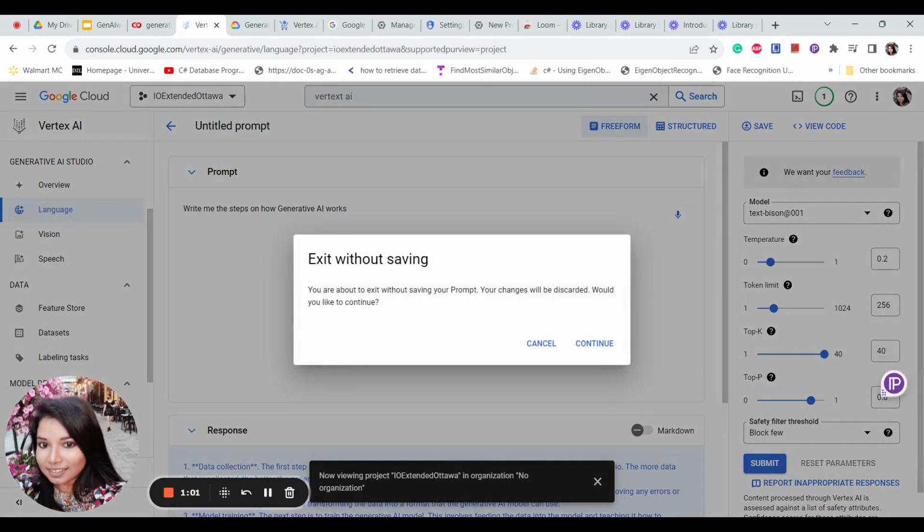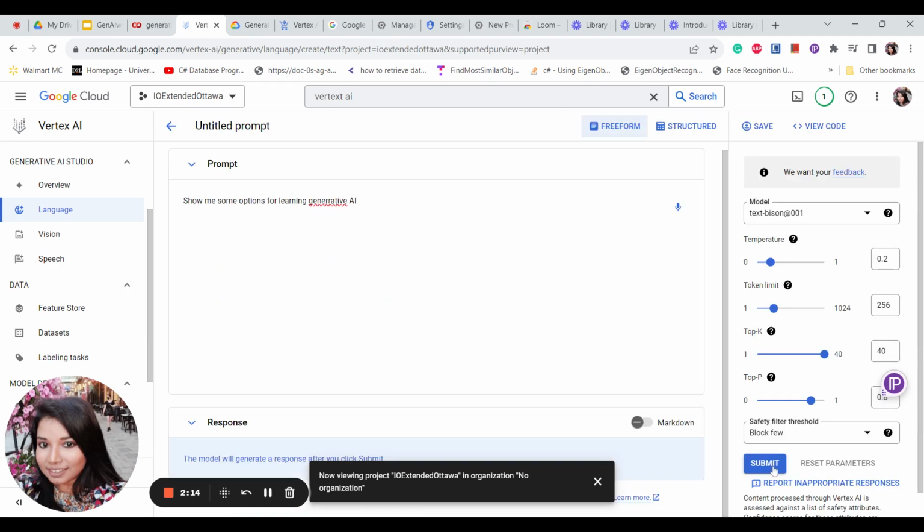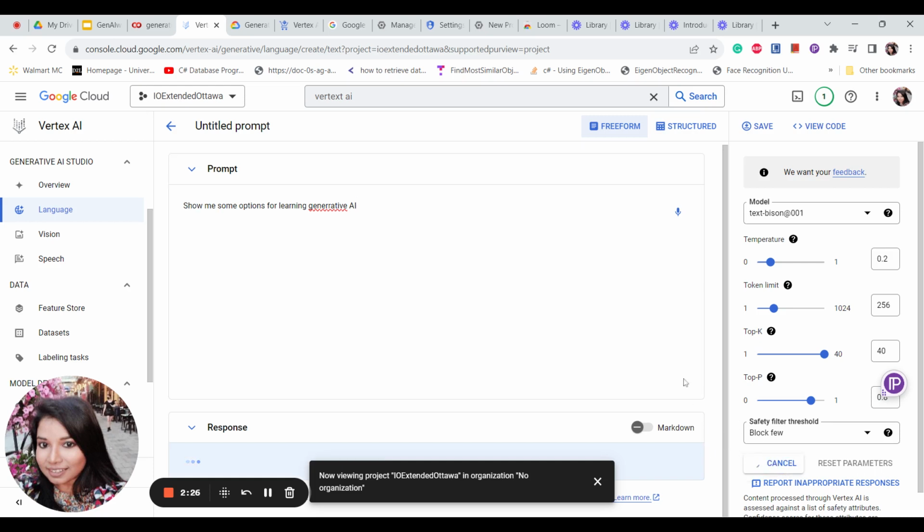So let me select the generative AI. Sorry, it was the previous prompt. And then you see something like this, where you can write the text, also you can code the text, and then it will ask you for the billing account. Don't worry about this. It will not be charged unless you are using it as a service. So I click on submit